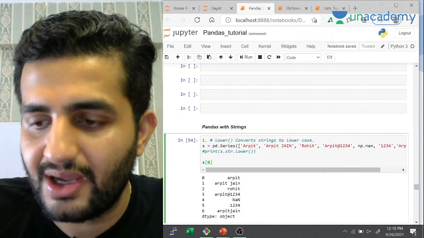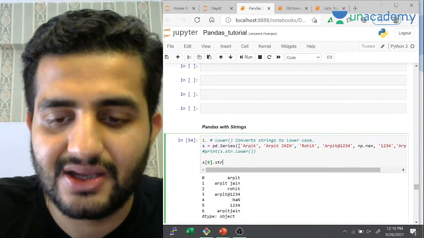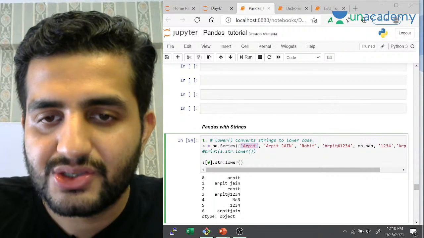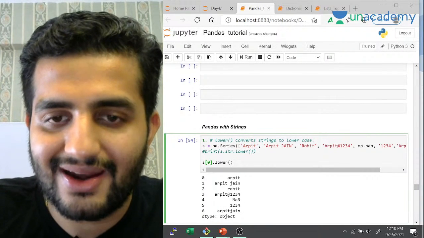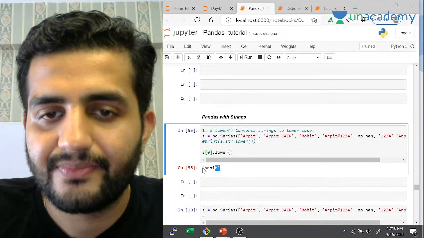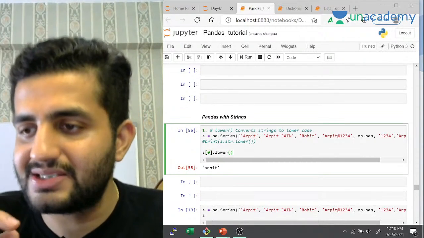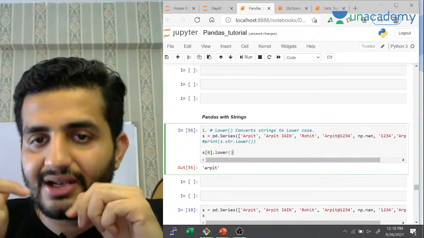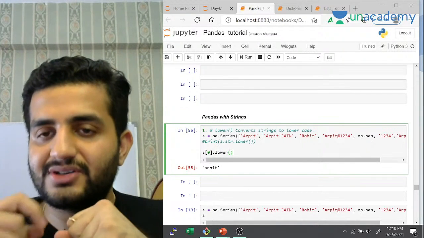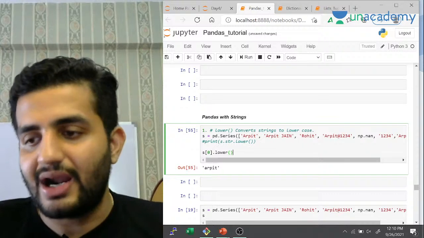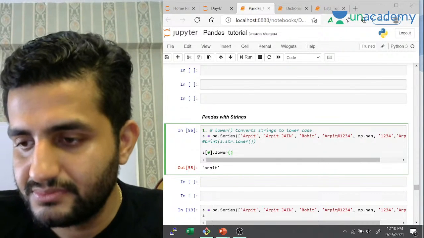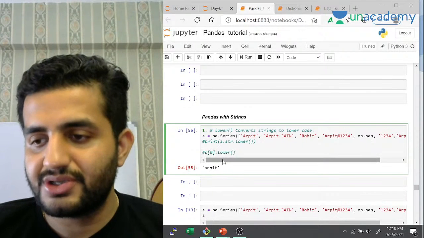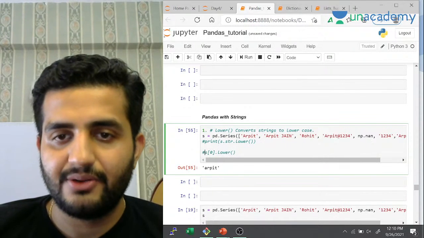For S of 0, I'm not going to write str.lower because it's anyway a str object, so I can use lower directly, and it'll work. So that's the difference. If I'm passing it over a series object, a collection object, then you have to use str as a keyword. But if it's a single element, then the direct functionality will work. Cool guys? Thank you for asking this question again, Sandeep. I hope that clarified your point.